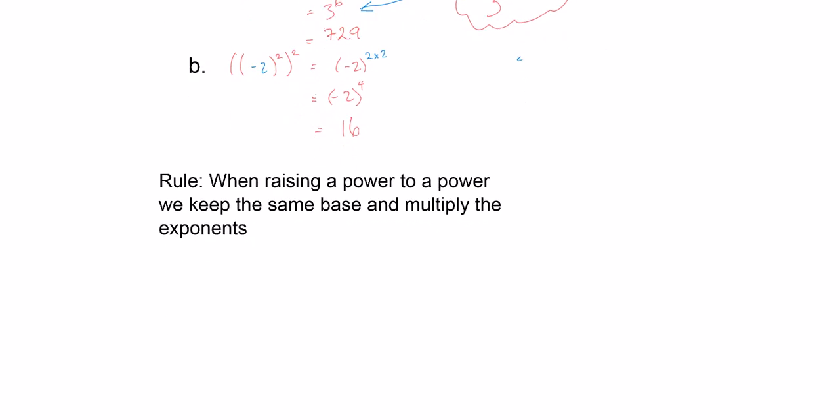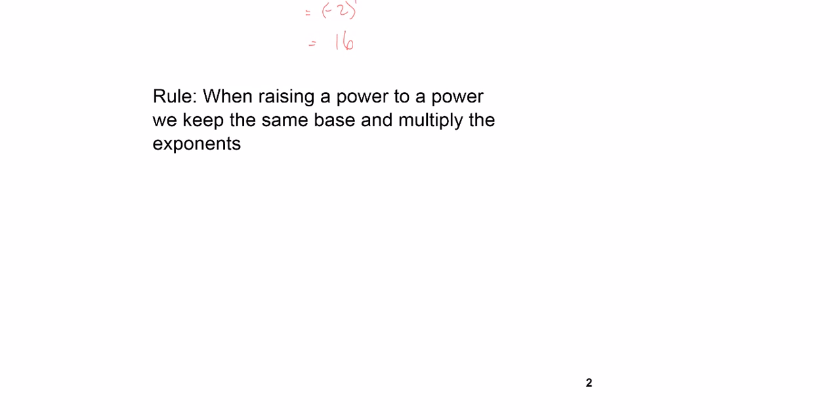So the basic rule for power of a power when working with exponents is this. If I have a to the m raised to the n, then we're going to write a to the m times n. So basically, when we have a power inside a bracket raised to another power, we have to multiply the